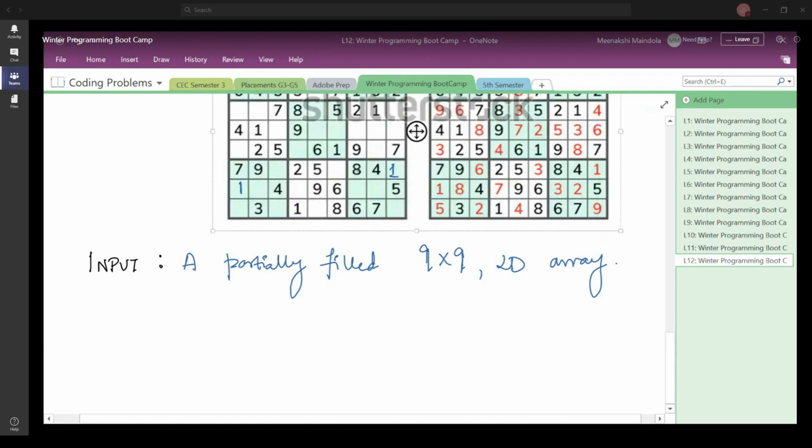For all the places where the cells are empty, you can consider that as any value of your choice which is not among the digits 1 to 9. You can either consider it 0 or a negative number. Is the input clear?